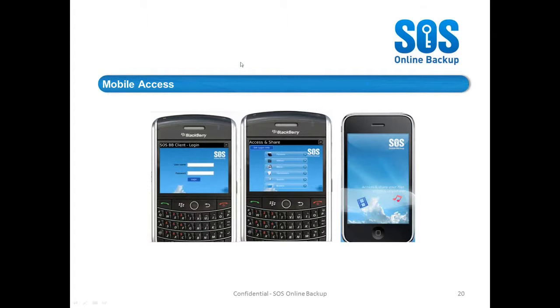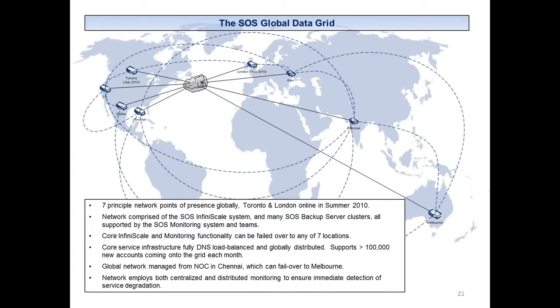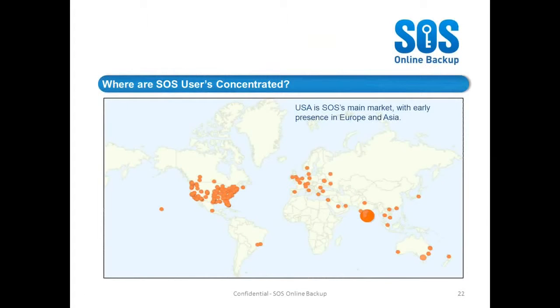Okay. In terms of our global infrastructure, we've got 7 primary data centers that we use for customer storage. We've got 5 data centers in the United States, mainly in Texas and Los Angeles. All of the data for American customers and North American customers is stored in North America, so generally your data will be stored at the closest physical data center that's proximate to your location. In terms of where our customers are globally, there's millions of customer accounts on our system, but as you can see, mainly clustered in North America and also in Europe and Asia. So we're very much a global firm.